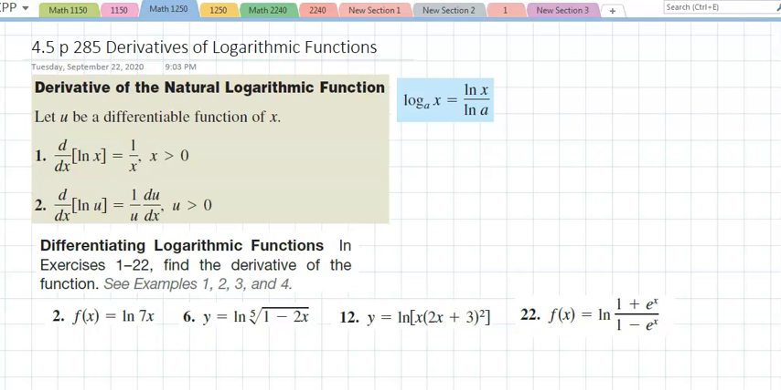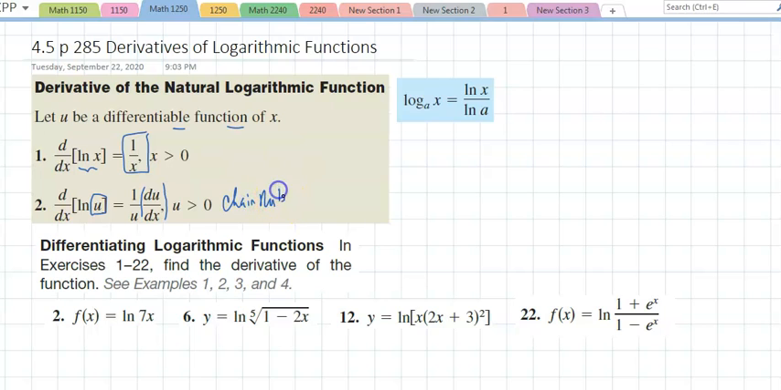Section 4.5 is on page 285, talks about derivatives of logarithmic functions. The derivative of the natural log of x is simply 1 over x. And if u is a differentiable function of x, the derivative of the natural log of u is 1 over u times the derivative of u with respect to x. This is again